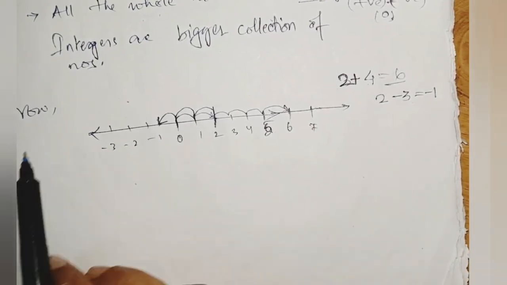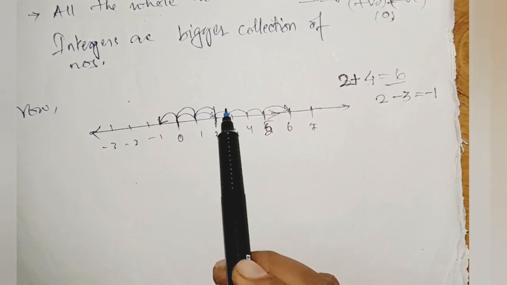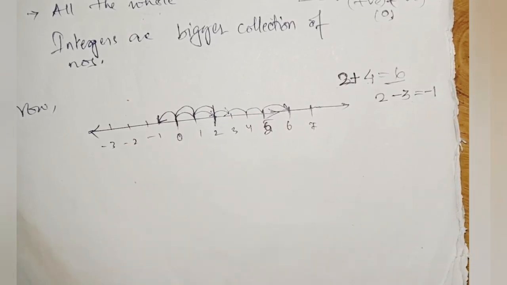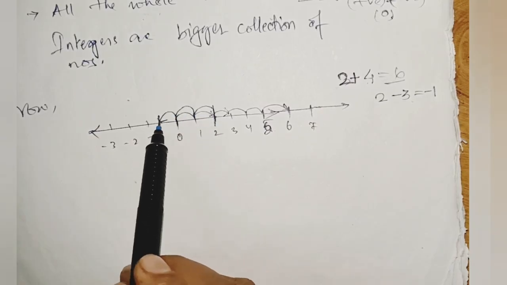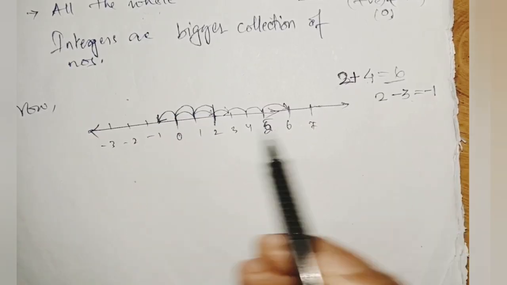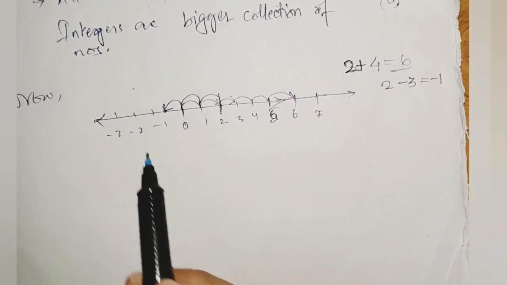How did we used to add or subtract on the number line? Whenever we add any number, we move to the right side of the number line, and whenever we subtract any number, we move to the left side of the number line. Okay? Secondly,